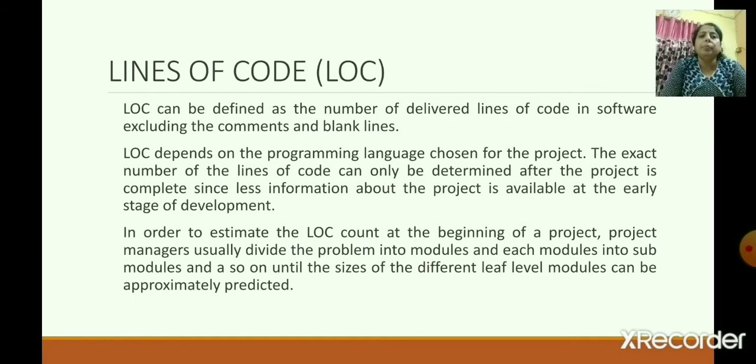The project manager at the beginning of a project divides the program into modules and sub-modules because from these small sub-modules, the project manager can determine the approximate line of code, and then total it to define the approximate line of code for the project. But the exact line of code can be known only after the project is complete.